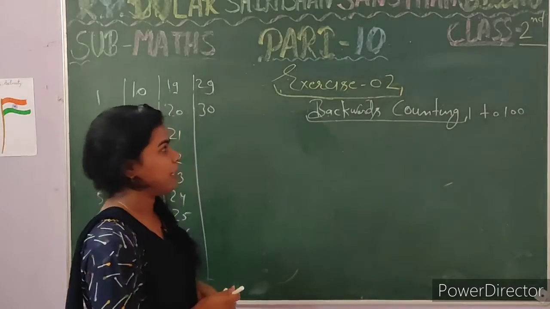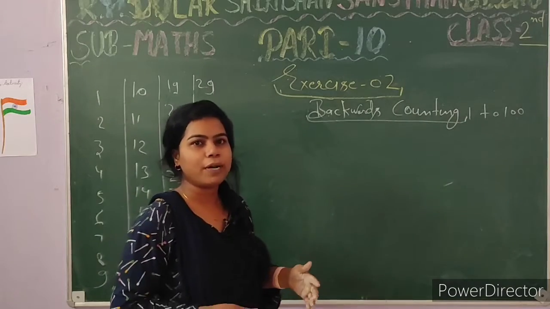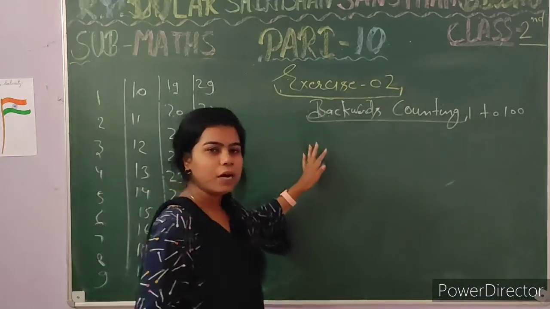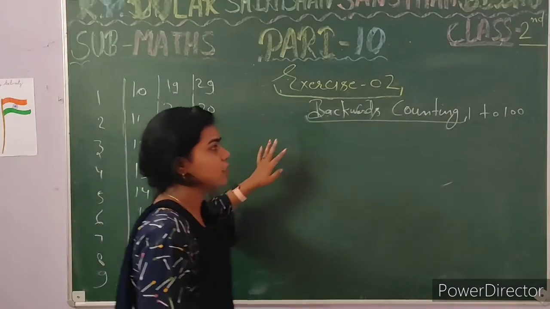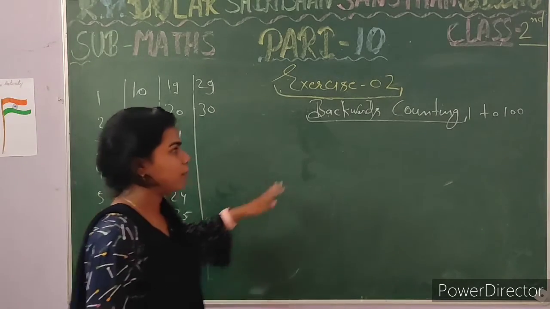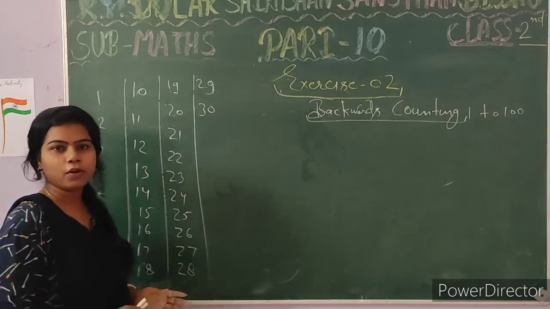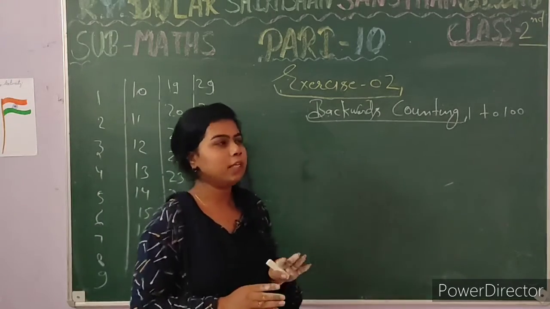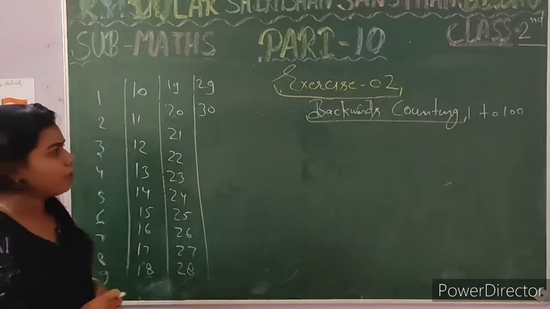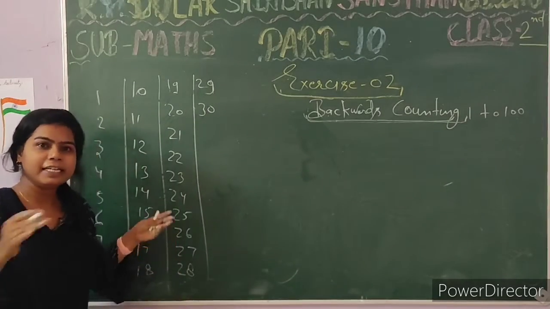In previous classes I explained descending and ascending order in a proper way, so if you have some problem to recognize that, you can see previous parts also, and again see how we arrange the descending and ascending order. So backward counting means write the countings in descending order. Very easy method in today's class I tell you how we write the numbers in backward counting. Always remember, backward counting means arrange the countings in descending order.